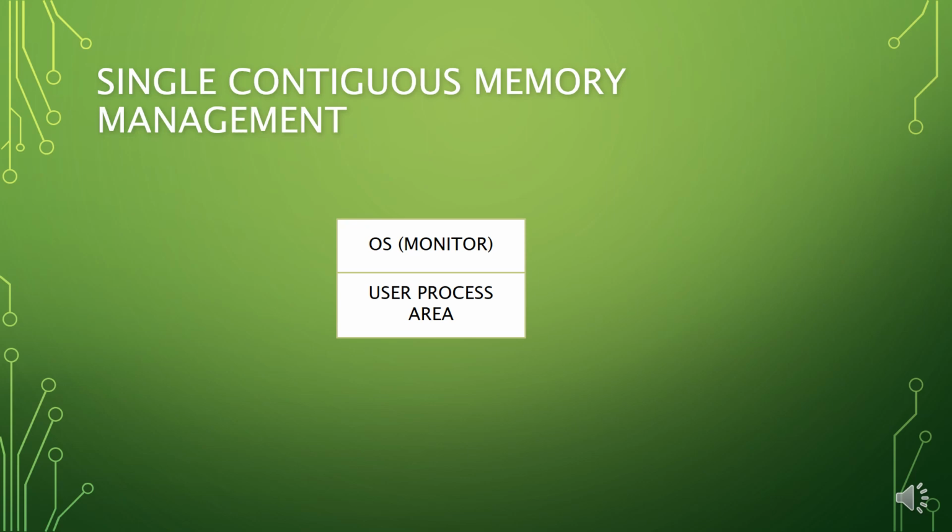In this memory management system, the physical memory is divided into two contiguous areas. One is permanently allocated to the resident portion of the operating system, and the remaining is used by the user process. As shown here, the operating system may be loaded at the address which is assigned as OS monitor. At any time, only one user process can be taken into the memory. This process is run. Once that process completes, the next process will be brought into the memory.